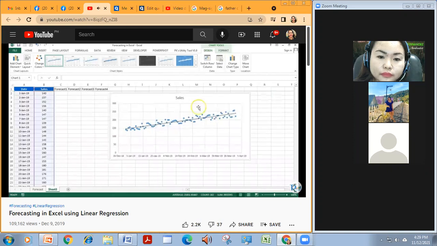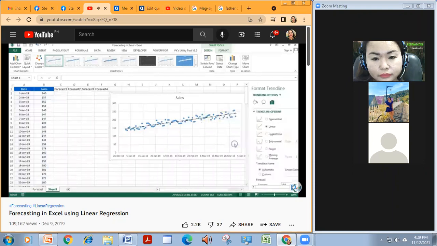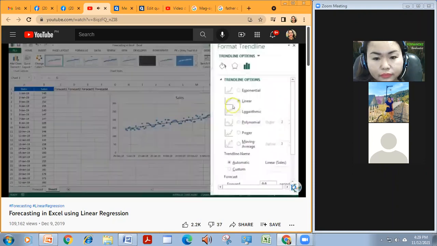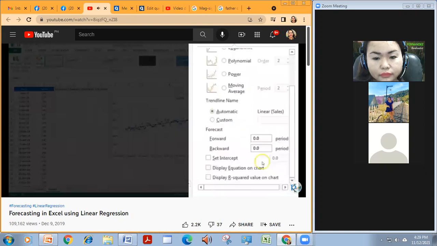Now I'll tell you how you can add the linear regression equation here to do the forecasting. Just right click on the trend line, go to the format trend line, and here you can see the linear should be selected. Just scroll it down and click on display equation on chart.